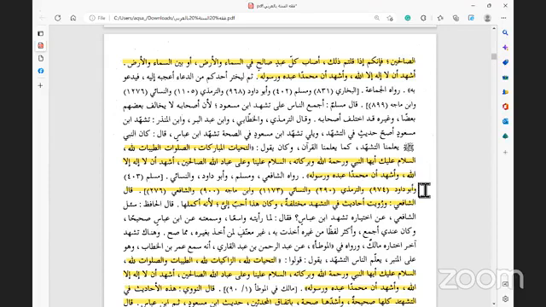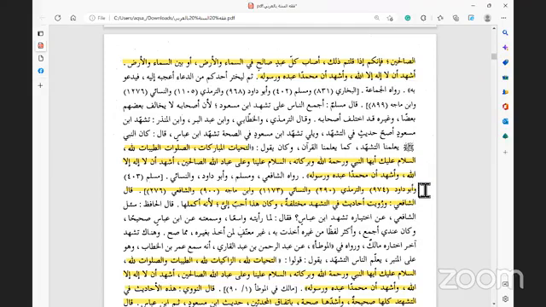You missed out on the, okay, let me fix that. Not the second tashahhud, but the second rak'ah. In the second rak'ah, there's a tashahhud, right? Now, in that tashahhud, if you deliberately and on purpose leave it out, you have to redo your salah. But if you forget the tashahhud in the second rak'ah, then you can make it up by doing